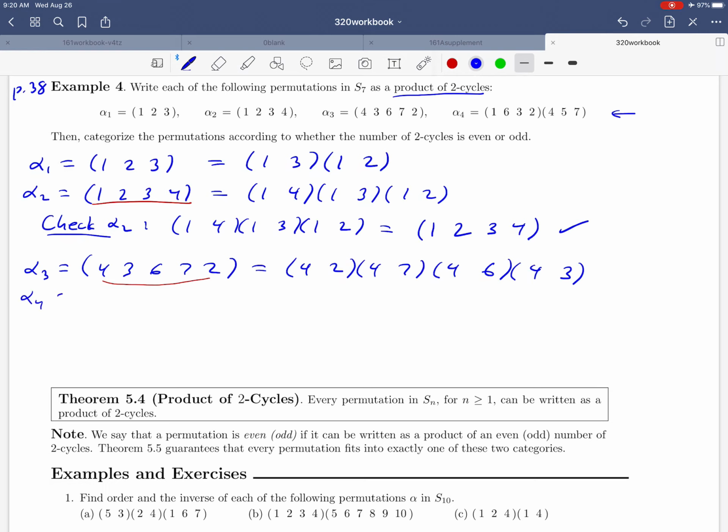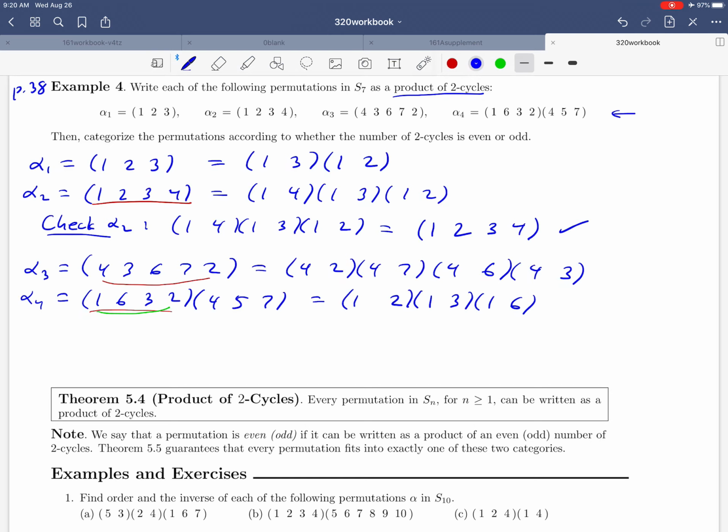And then what about alpha 4? Here we're starting with (1 6 3 2) composed with (4 5 7). So we've actually got a product of cycles in this case. To do this decomposition, we can just do it one at a time, basically. We'll start with the (1 6 3 2) and write that down as a product of 2 cycles. That's going to look like (1 2), the first and the last elements, and then followed by a 2 cycle with 1 and 3 in it,